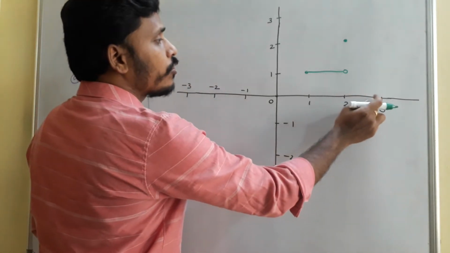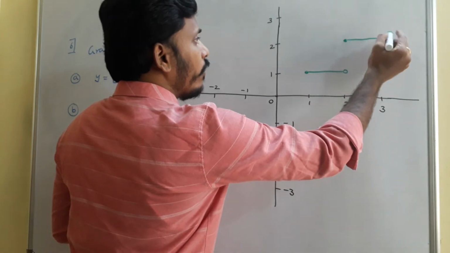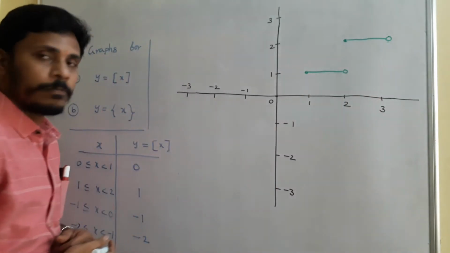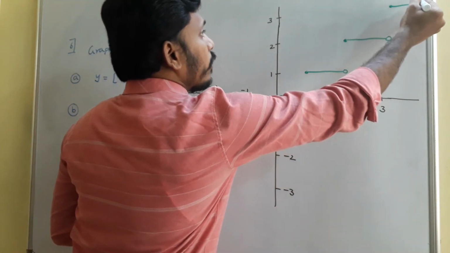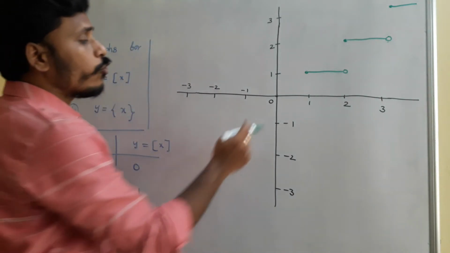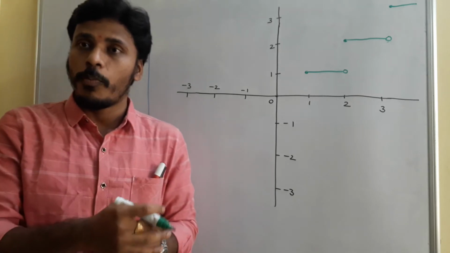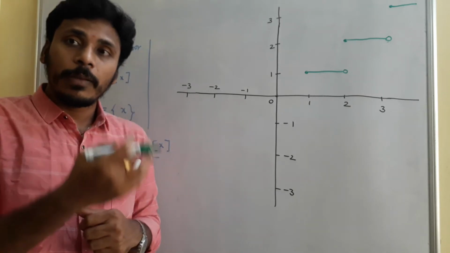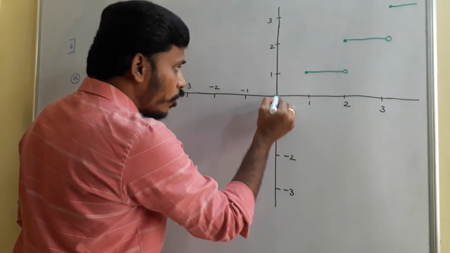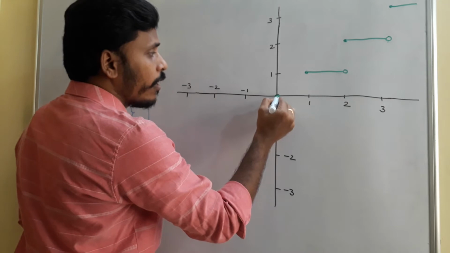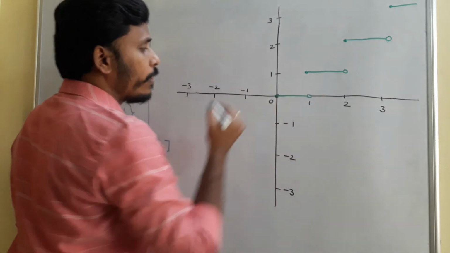And for every value which is in between 2 and 3, the answer is also 2. But at 3, we don't get 2, so make an open circle. At 3, the graph starts at 3 and it goes on like that. Whereas if you take a value which is in between 0 and 1, 0.1, 0.2, 0.3, for all these values, the step value is 0 itself, right? And that's why, see here for 0, we need to fix a closed circle here, and the graph lies on this x-axis. At 1, we need to mark an open circle.